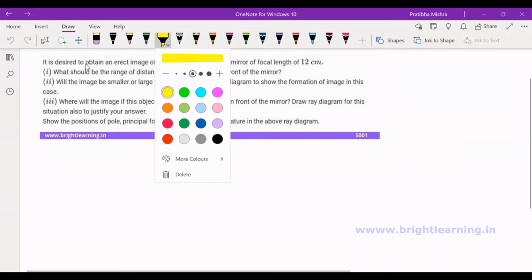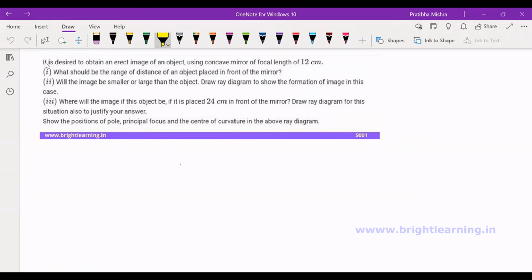Let's have a quick look at the question that's been provided to us. It says that it is desired to obtain an erect image of an object using a concave mirror of focal length 12 centimeters. All right, so before we go ahead with any other part of the question, according to the sign